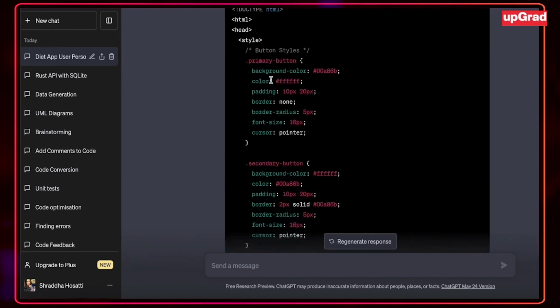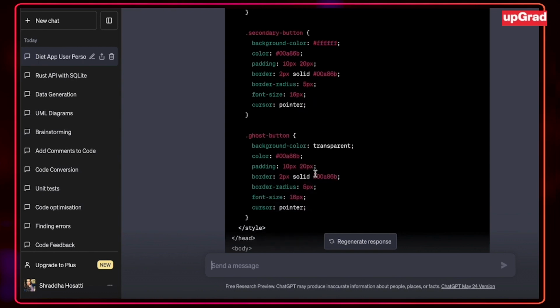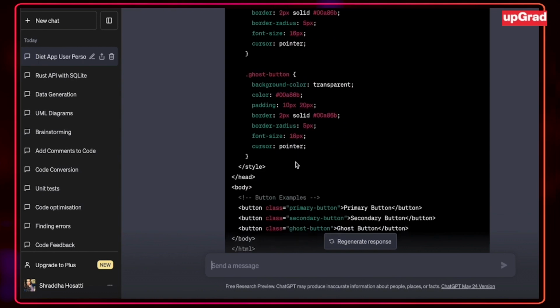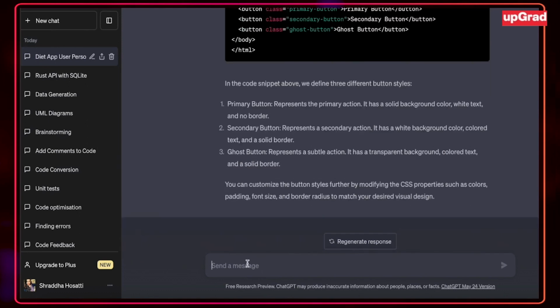You can see that it has given me all the button styles that it has mentioned before. There's a primary button, there's a secondary button, and there's a ghost button. It has remembered the context of the conversation and given me the code snippet that I require to build a solid base for my additional code that I'm going to add for the entire user interface. Let us give a command saying I need an HTML and CSS